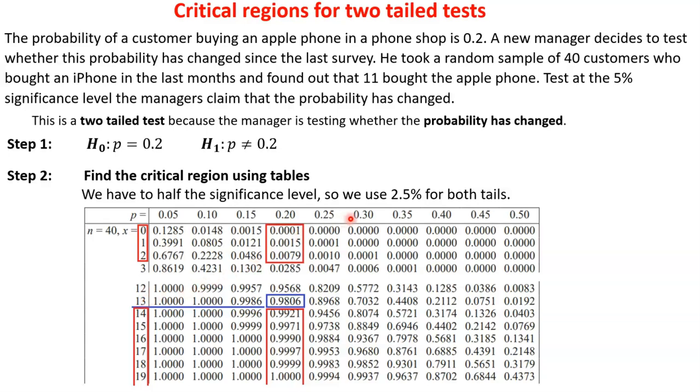So for the left tail, once we've halved the significance level, which now is 2.5% if we have 5%, we can see that these probabilities are all smaller than 2.5%. This is already too big, this is 2.8%. So the critical region for the left tail is this region here, all the x's less than or equal to